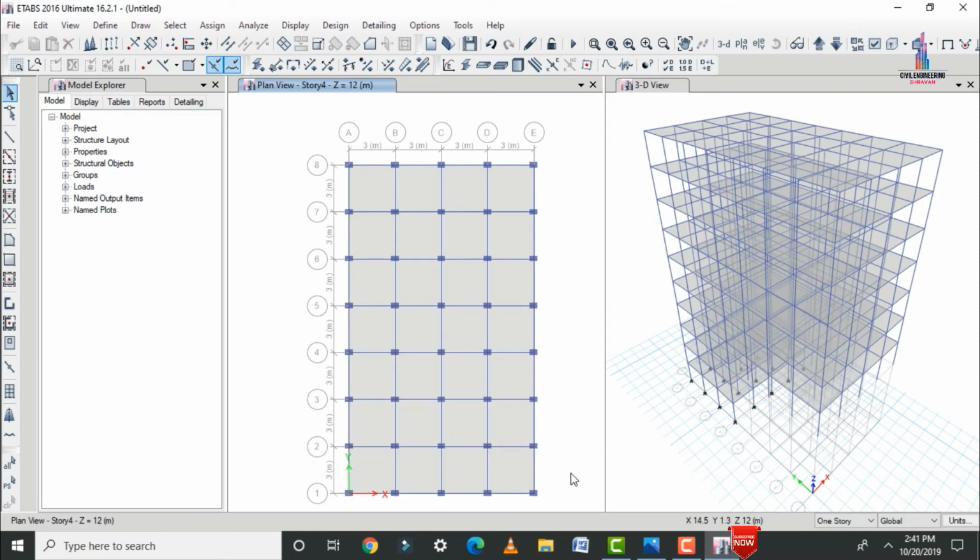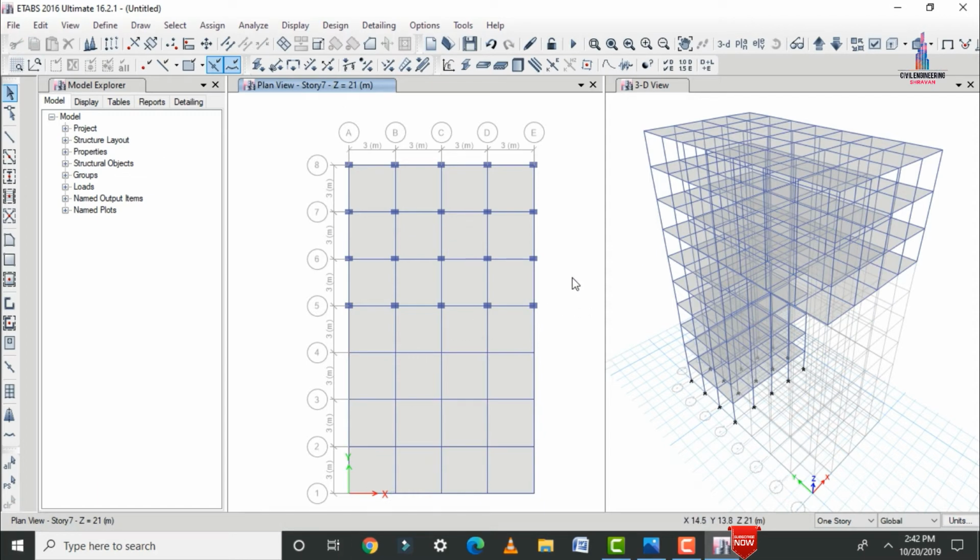So again in the same way I am going to story number 4. Select the property. In the same way we have to delete all the properties which are related to the remaining stories. So after that we have to delete all the column sections for the respective story number 7. So here I am selecting the column sections for these respective members. So click on delete option. So it will delete all your respective properties like this.